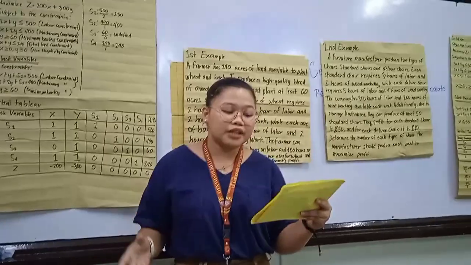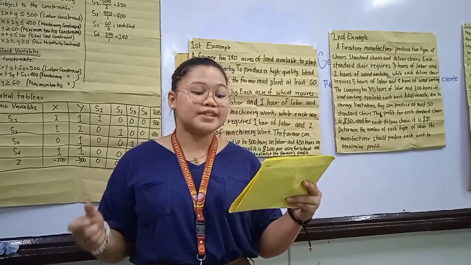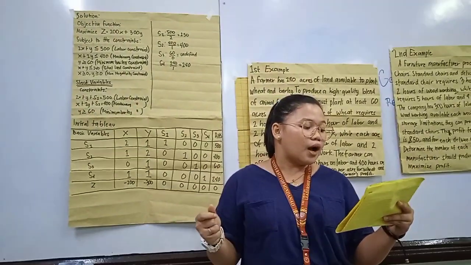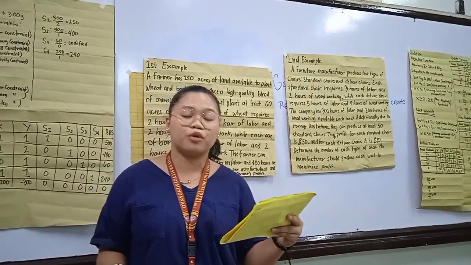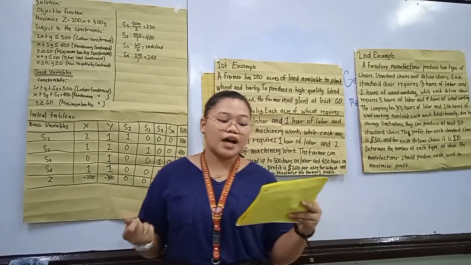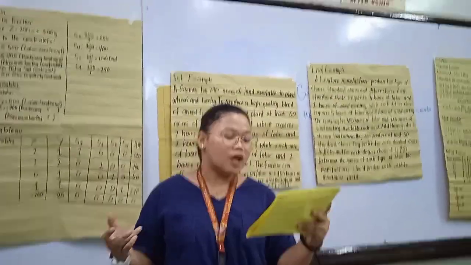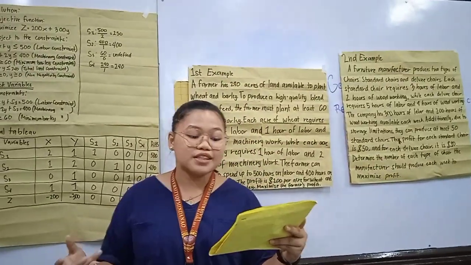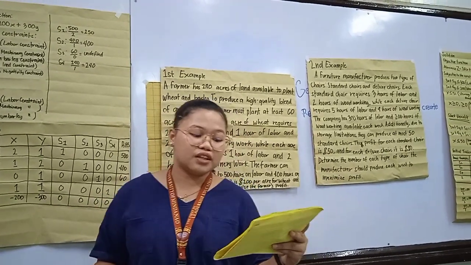So, linear programming is a mathematical method for determining a way to achieve the best outcome in a given mathematical model for some list of requirements represented as a linear relationship. The simplex method is a popular approach for solving linear programming problems. In simplex maximization problems, the goal is to maximize an objective function subject to a set of linear constraints. These constraints are inequalities and they often include the greater than symbol.